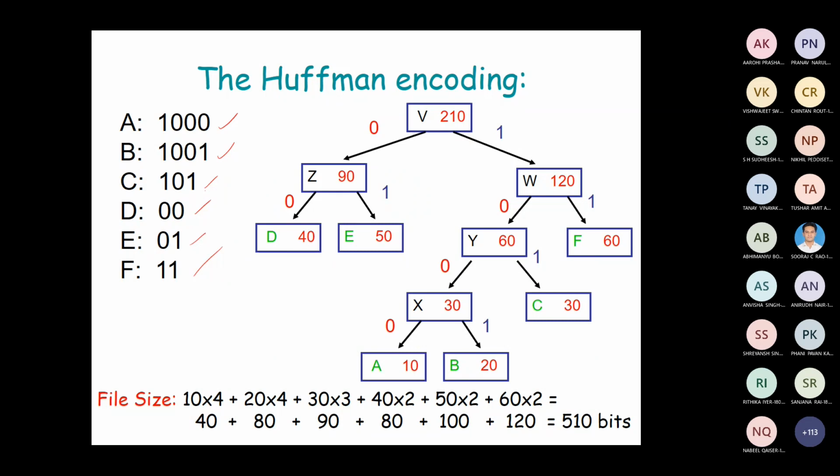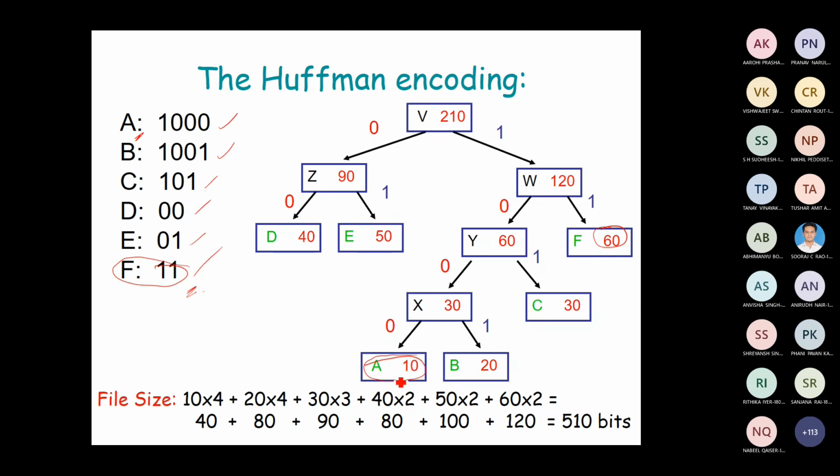If you look at this, this particular Huffman encoding is going to produce a prefix code. Also, if you look at A, what is the frequency of occurrence of A in the message? Only 10 times. What is the frequency of occurrence of F in the message? That is nothing but 60. F occurs 60 times, so this symbol F is represented by using only 2 bits, whereas A appears only 10 times, so it is represented by using a larger number of bits.